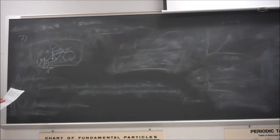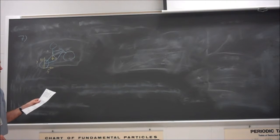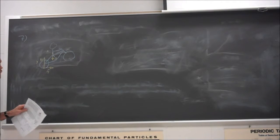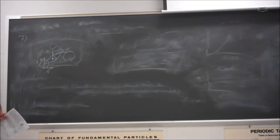Number 7 of rotational equilibrium recitations, dealing with a bicycle pulling a wheelie. And we wanted to figure out the horizontal acceleration required to barely lift the bike's front wheel off the ground. Well, assuming that there is no rotational acceleration, so we're just kind of sitting here, this is the situation that